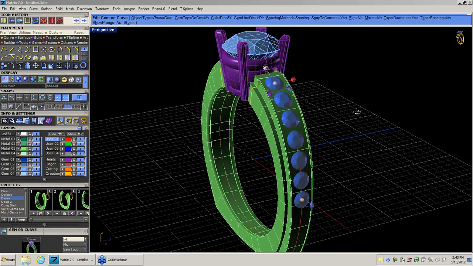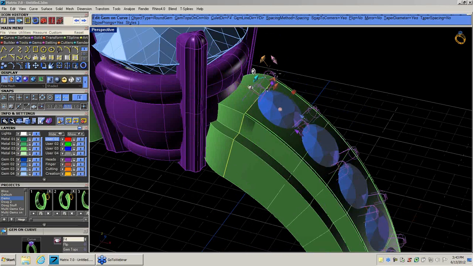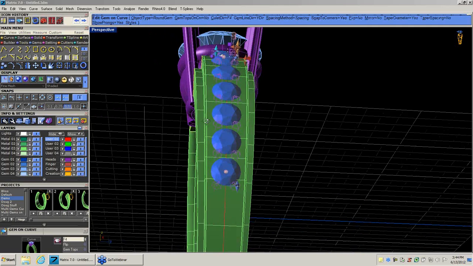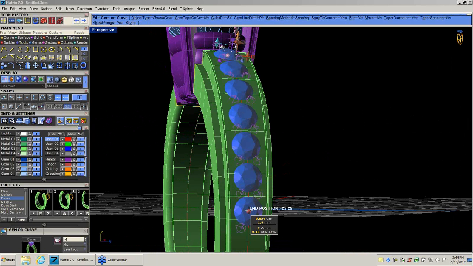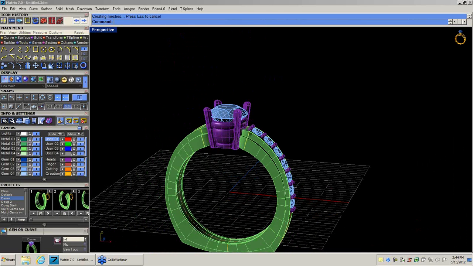I can sink these down, move these up. But I'm just going to go up here. I'm just going to show the prongs. So I'm going to turn the prongs on just to do a little bead sort of setting here. And I'm just going to pull these down just a little bit. We still have a nudge in here, and this knows that this is tapered, so it's adjusting it down here as well. And what's really kind of cool is no matter what I do with these, you'll notice that the prongs are following it, because the line has history with the stones, the stones have history with the prongs, and that's what's making that work. So when I hit enter, there is our little bead set